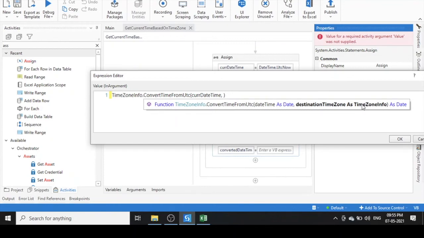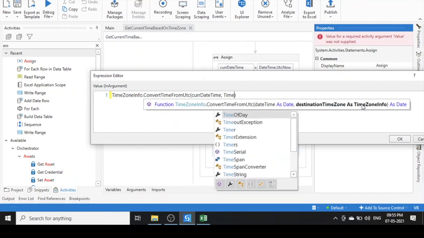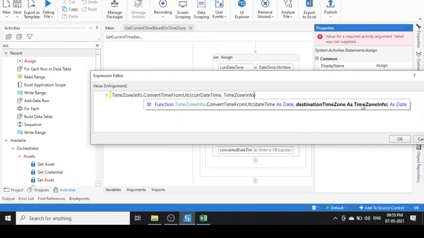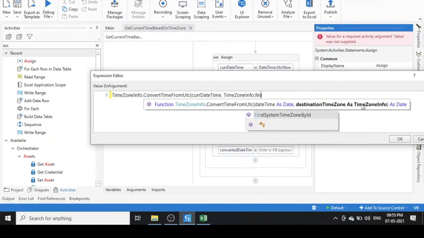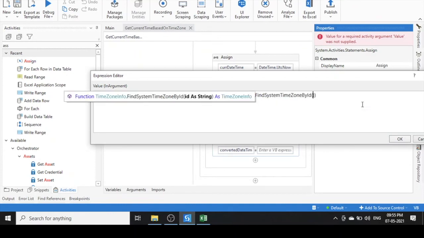So to get the time zone info, what I'm going to use? I'm going to use TimeZoneInfo.FindSystemTimeZoneById, and this method is going to return you the time zone object, and here you need to provide the ID.